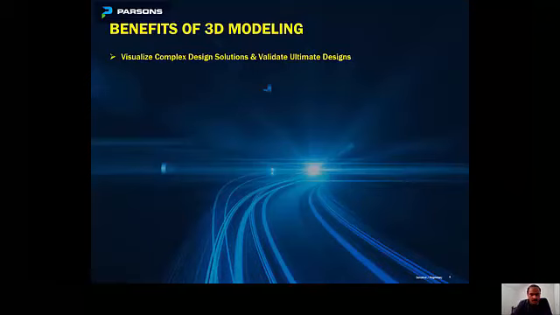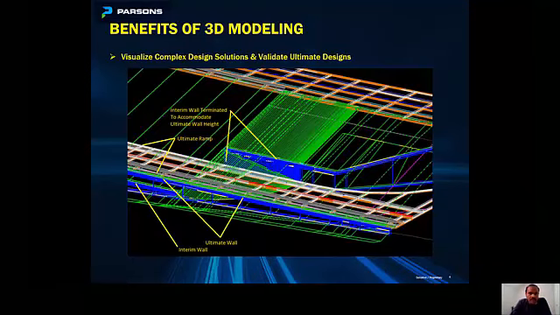So in this example, based on one of the previous project experience, the client and the reviewer wanted to see how our interim design of these walls would work for the ultimate condition. They wanted to verify that these walls would work for the ultimate condition as well. So in this slide, you can see there is an ultimate ramp, and you can see there is an interim wall that got generated right next to the ramp, and then the mainline wall was terminated in a certain way with a full height that would match for the ultimate condition, but in the interim condition the wall was terminated with the interim grading, with that conic grading that you can see.